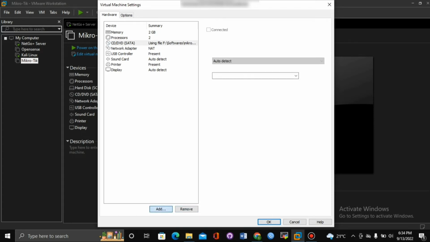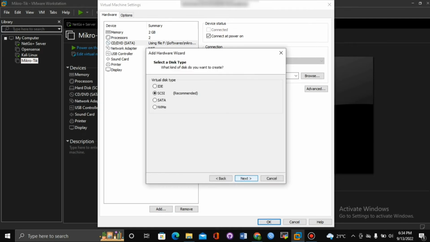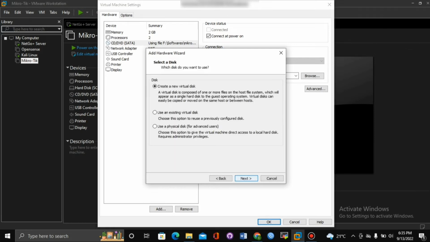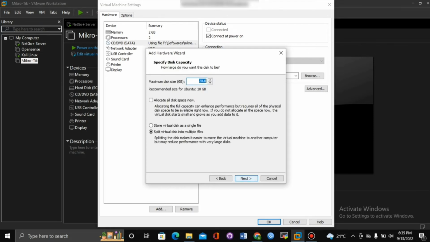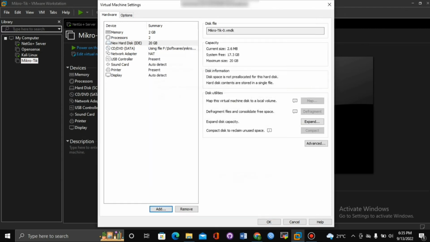So I'm going to add the hard disk again, a new hard disk, but now the property is going to be an IDE virtual disk. So you are supposed to click here so that you can change. Then you click next, next, and then next, and then you click finish. So once you are done with this,